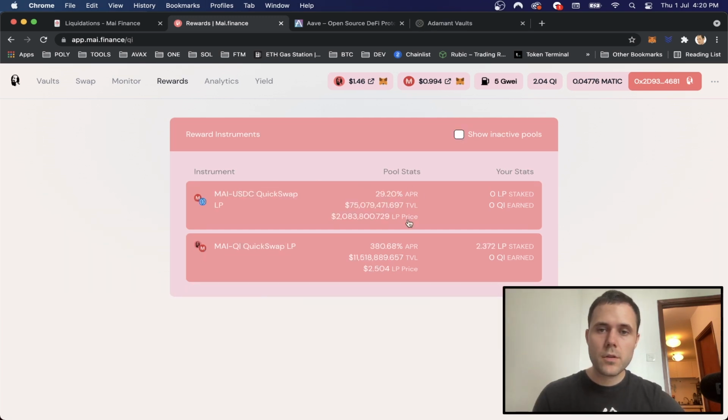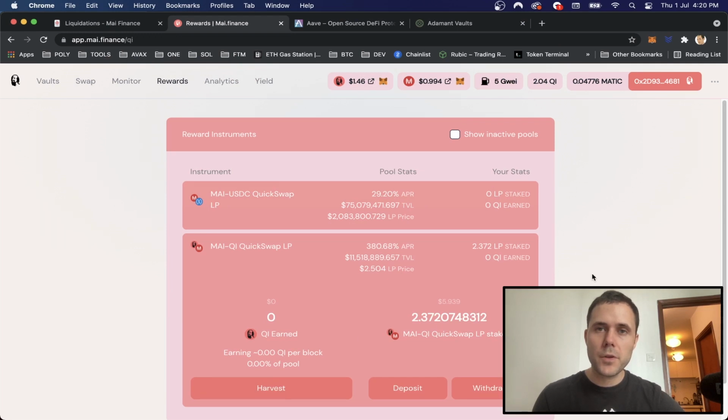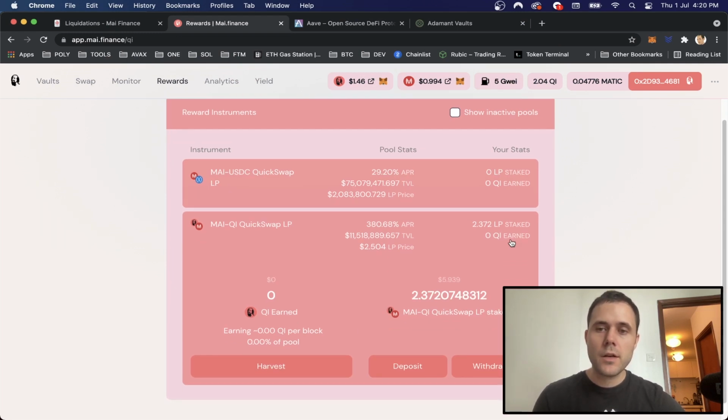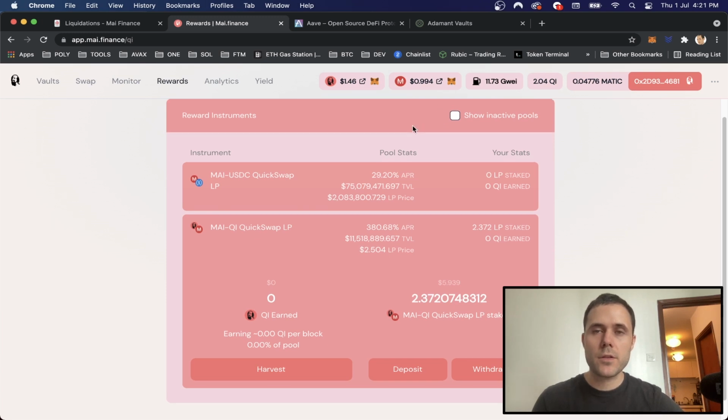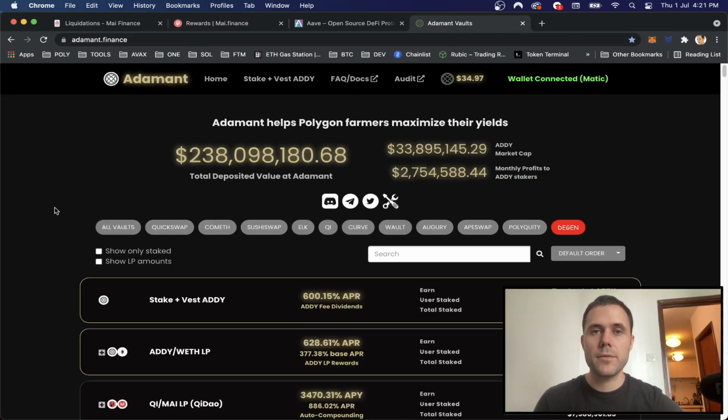Okay, so I just wanted to talk a little bit about how some other platforms interact with Mai Finance. So as you're earning your Chi here, you will need to harvest it, and then you can split some into Mai and then build your liquidity pool, or you can just deposit some more Matic and then pair it with Mai, which you have minted. There's various different strategies available. One of the websites which I'm a big fan of as well is Adamant Finance, which is what's called a yield aggregator. So what Adamant does is it helps you maximize your yields, as it says here.